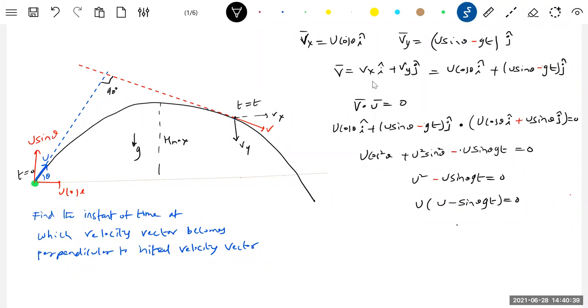Now what is the instant of time? t is equal to u by g sine theta. Okay. I'll rewrite again, some of you are getting confused. This will become u square cos square theta plus u square sin square theta. This will be 1. u square minus u sine theta gt. If you take u common, it will be that one. So finally what we get is u minus